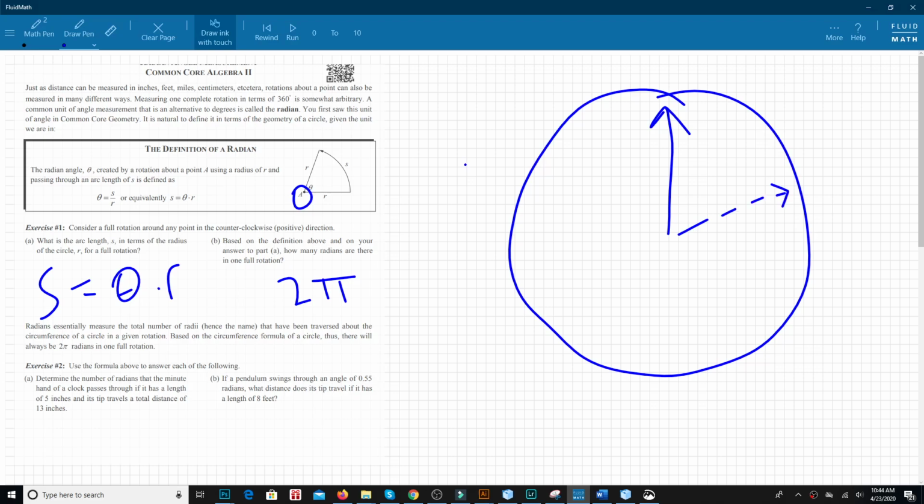It traveled this distance right here, which was 13 inches. And this is 5 inches. If we want to be able to find the number of radians,